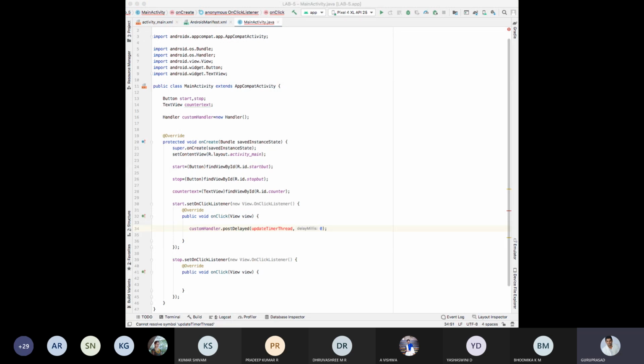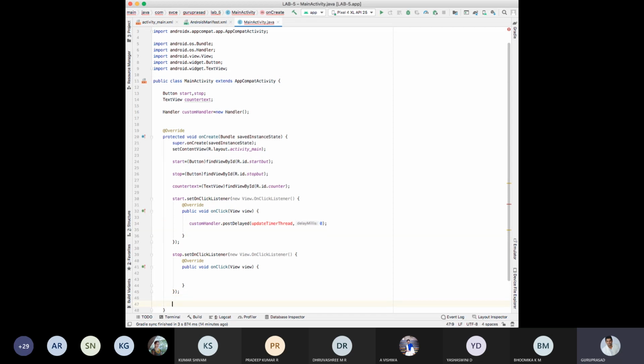updateTimerThread should be a runnable, right? It is like your method. So I'm defining it as private final, because it should work in stop also, start also.